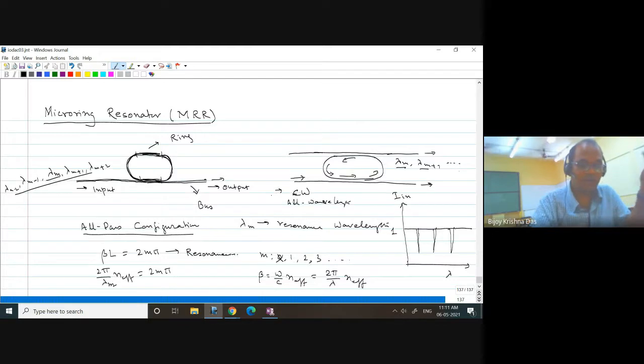I have 1 input and 3 output ports, for example, in this situation. I'm launching here. I have access to 3 outputs: output 1, output 2, output 3. So is there any chance that I will be getting some output at 2? Because I know that because of the resonance condition, all these wavelengths are stored, and these waveguides are coupled to the second bus waveguide, right? Now my question is, is there any chance that some of the power corresponding to lambda m will appear in port 2 or not?